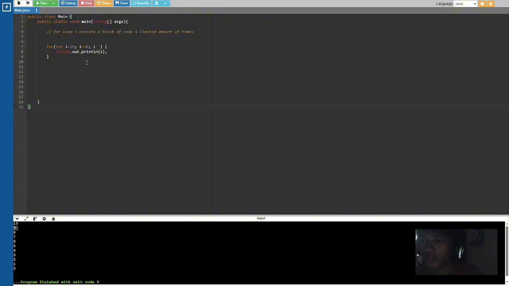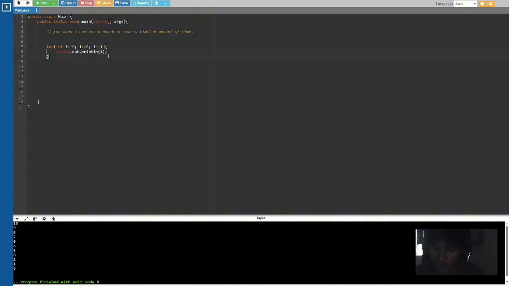So it prints 9, and again it goes back, and now it will be 8. It continues until it reaches 0. So 0 is greater than or equal to 0, which is also true. So it ends with 0.